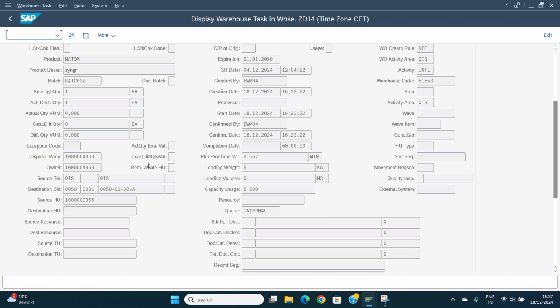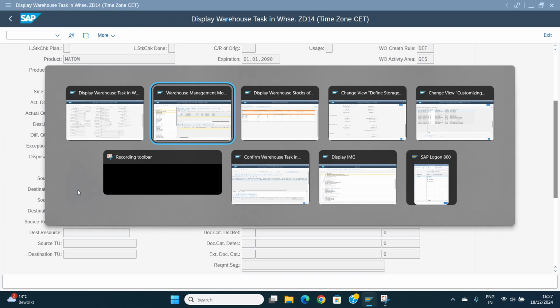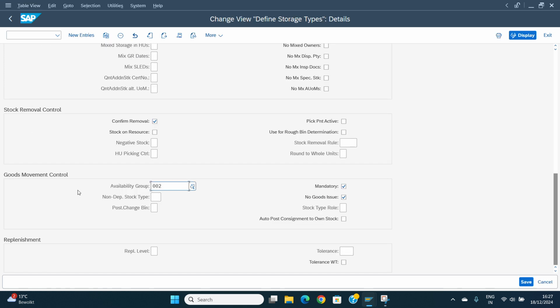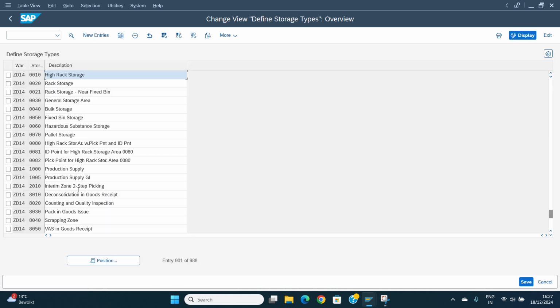So in this example, as we can see, the stock has moved from the quality area over to this particular bin, and this storage type is mapped to the availability group 002. So if you look here in the system,